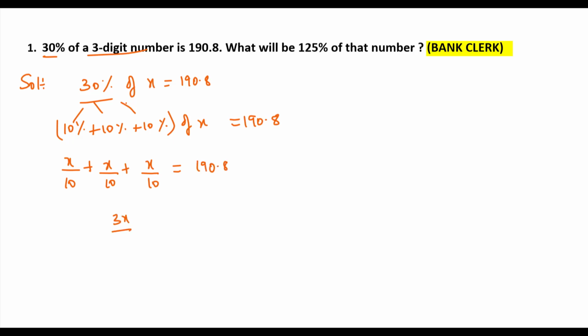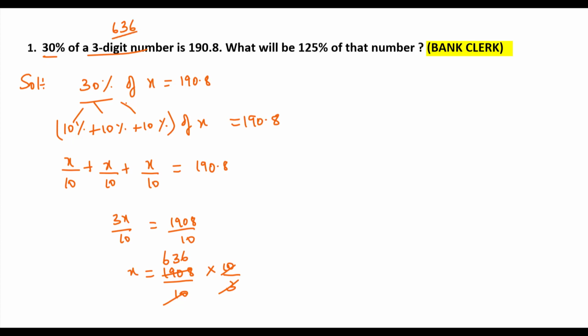That is 3x by 10 is equal to 1908 by 10. So x should be 1908 by 10 into 10 by 3. 10 gets cancelled. 3 ones are 3, 3 sixes are 18, so therefore our 3-digit number is